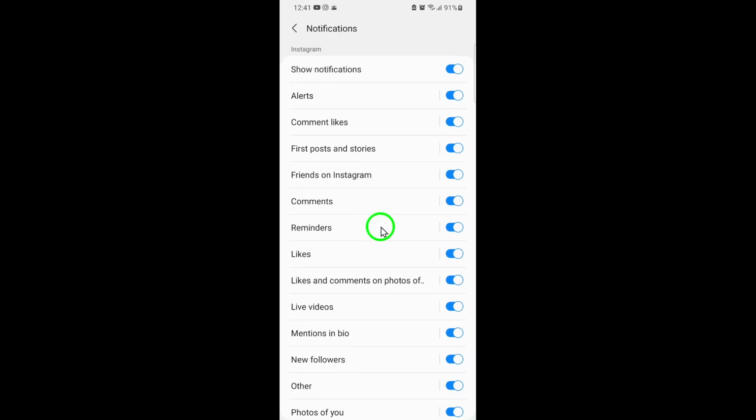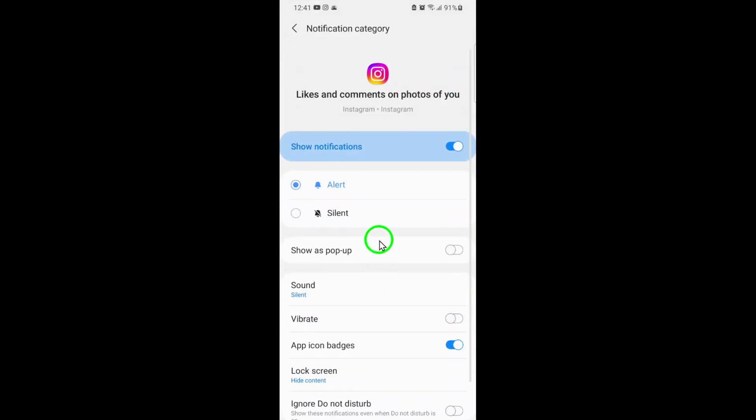Now, you'll see several toggles and options. Look for the Vibrate option. This is what causes your phone to buzz every time there's a like or comment on a photo of you. Simply toggle off the Vibrate switch. That's it. From now on, your phone will stay silent when you get these notifications, but you'll still see them